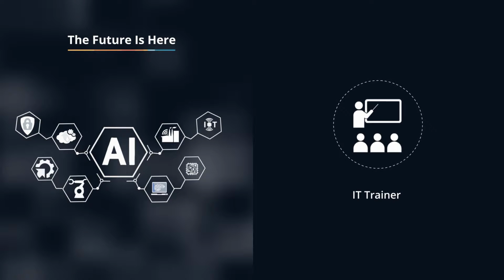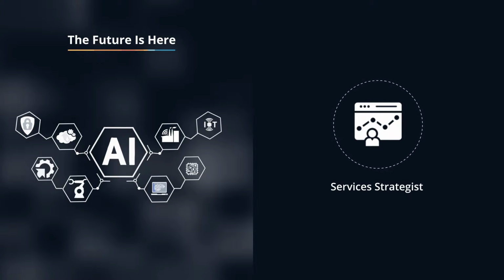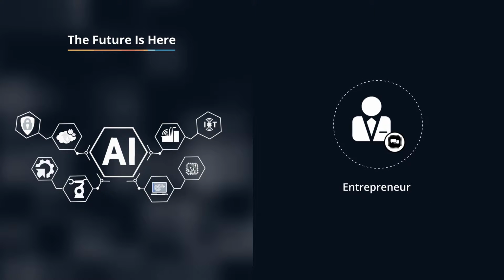I have been an IT trainer for more than 10 years with focus areas in project and IT service management, and for the past few years in machine learning and deep learning. Besides being a trainer, I'm a services strategist and an entrepreneur. As a service strategist, I apply machine learning and deep learning to identify customer segments, outliers, and trends that help understand and predict behaviors. As an entrepreneur, I co-founded a company that offers AI products, consulting, and implementation. Here, I lead our AI technical efforts, including, among other things, training, deploying, and maintaining our natural language understanding models.